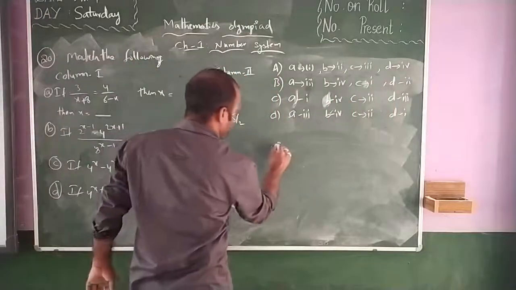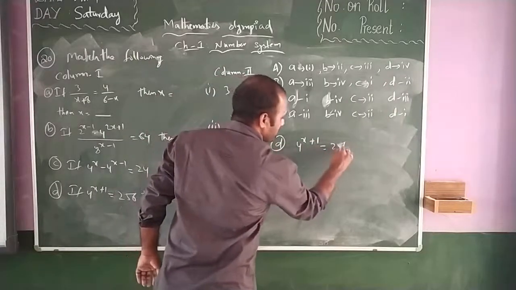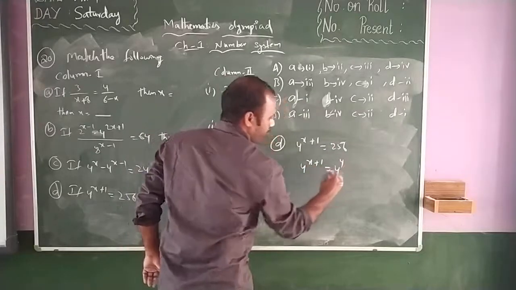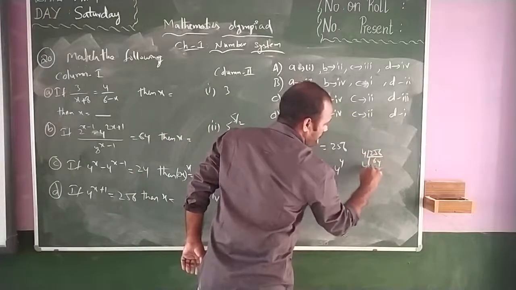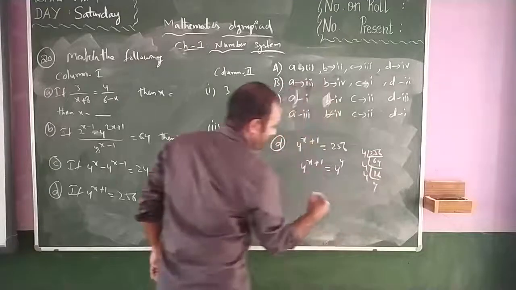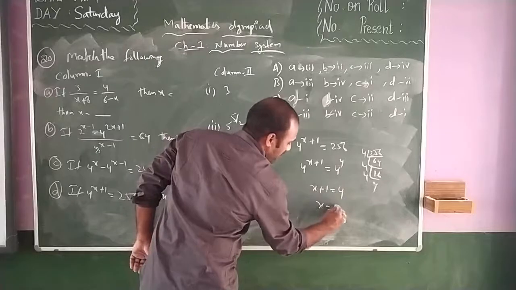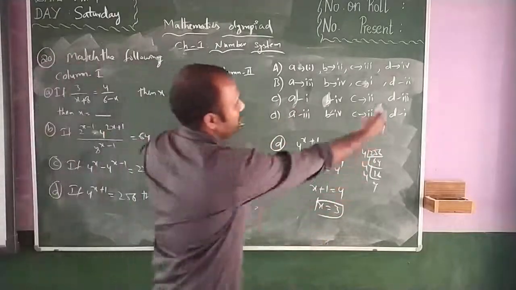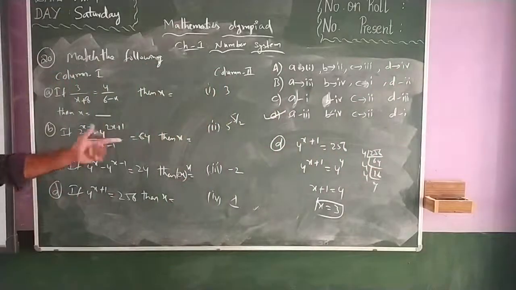So let me solve for D. That is 4 to the power of x plus 1 is equal to 256. This can be written as 4 to the power of 4, which can be done by using the LCM: 64, 4 16s and 4 4s. So the bases are the same, we can equate the powers. So x value is 3. We can see that x value of 3 is the first one. So in these options, where is the first option? So the answer is D. We can mark it directly instead of wasting time doing all these.